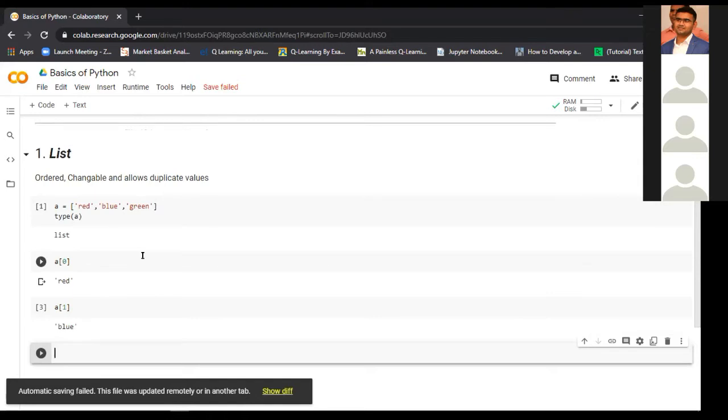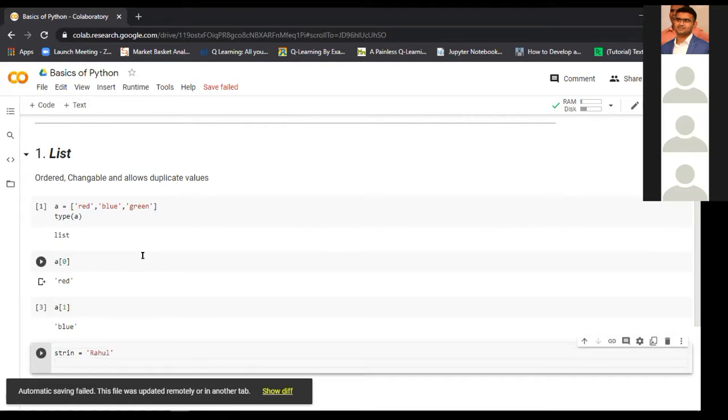Another property is changeable. As Nikhil told yesterday, we cannot change strings after declaring them, which means they are immutable. Let's take a single example of a string, my name, Rahul.